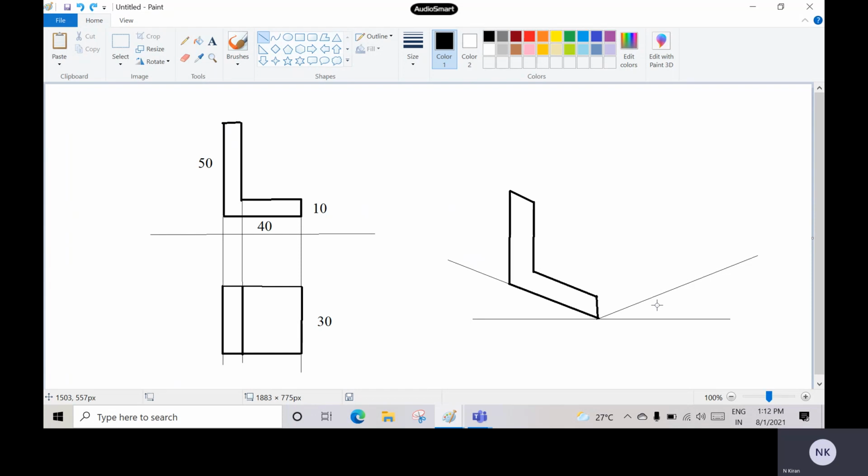Okay, and again, whatever front view I have been given in the question, I will draw it on the left side view. Okay, or right side, you can take either side, because the side view is not given. If the side view is given, then we have to decide whether to draw on the left side or right side, but the side view is not given, so we can draw this front view either on the left side or on the right side.